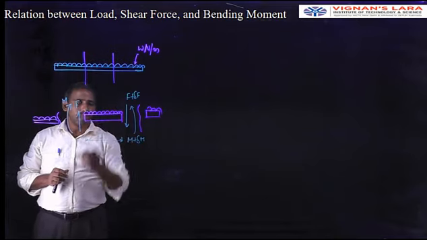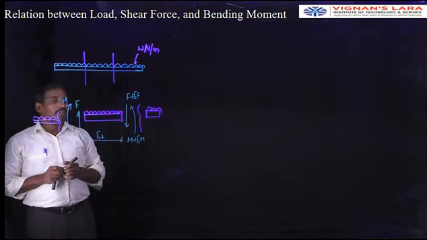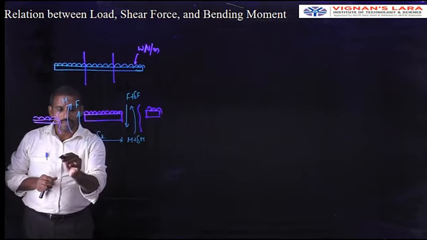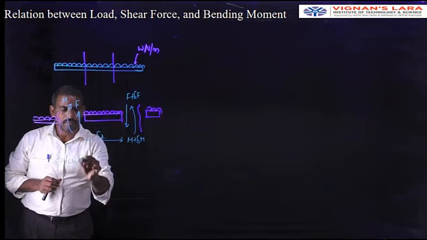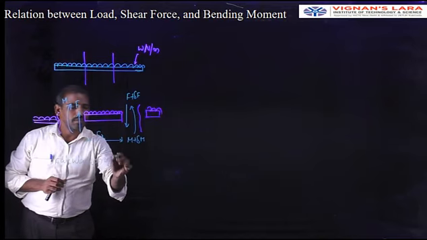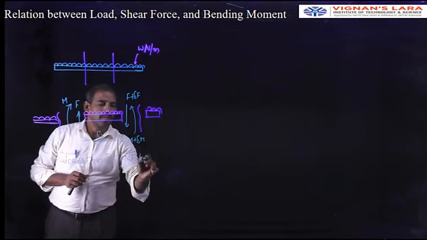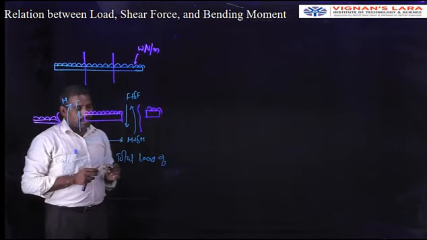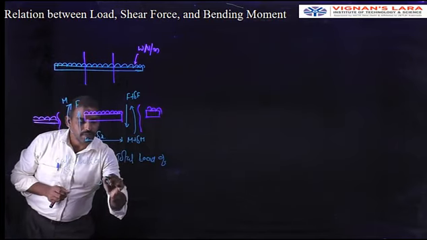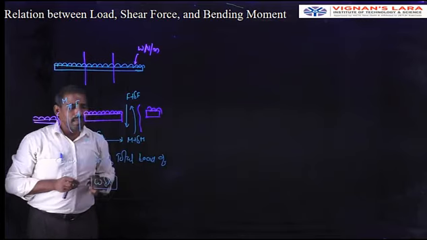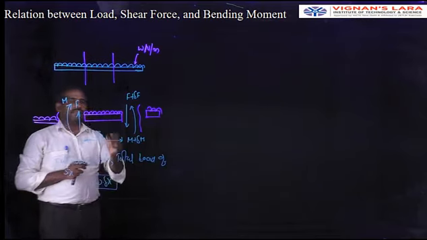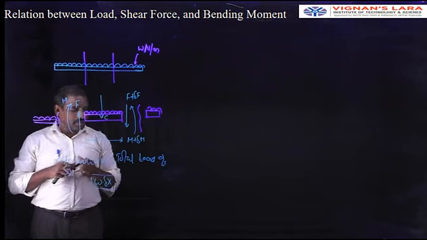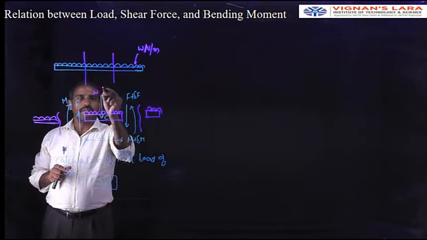The rate of load is, as we know, W. Then you can calculate the total load of delta X. Therefore the total load simply becomes W into delta X. We know that it is always concentrated at the center of gravity, that is C, vertically downward. Its magnitude is W into delta X.